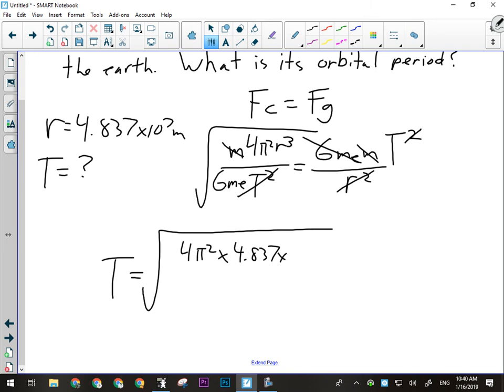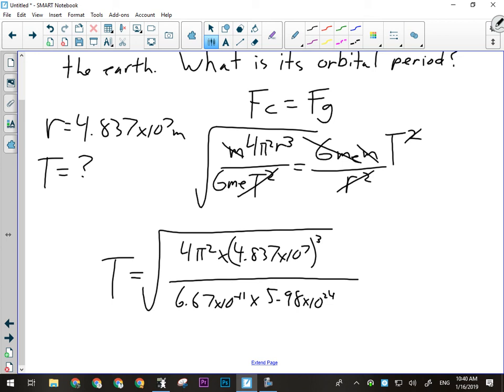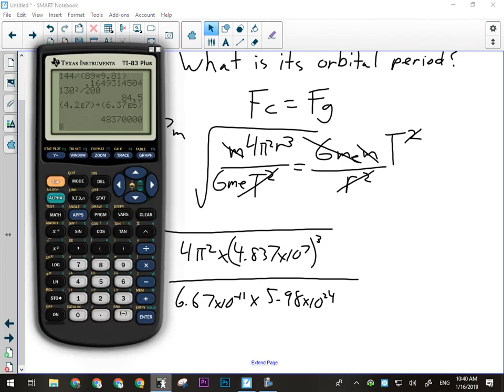4.837 times 10 to the 7 cubed, okay, divided by 6.67 times 10 to the minus 11 times 5.98 times 10 to the 24, the mass of the Earth. Okay, so 4 pi squared times